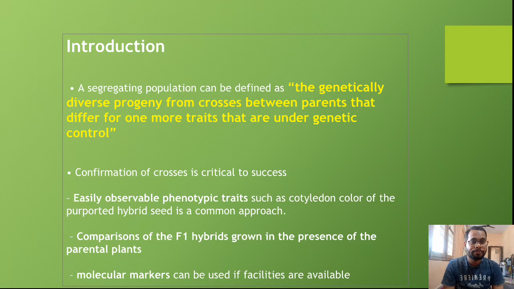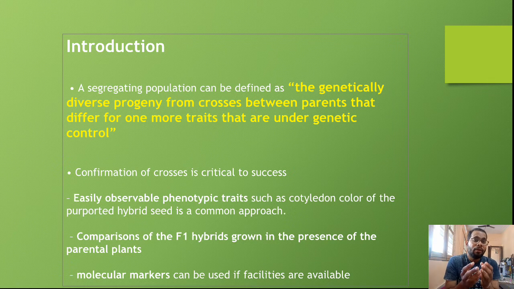Suppose for example, capital T is one parent and the second is small t. This is the second parent. After you make crosses between them, you will get in F1 capital T small t, that is heterozygous. When you self it, you will get F2. In F2 you will see different types of genotype: capital T capital T, capital T small t, and small t small t. There are three different types of genotype.